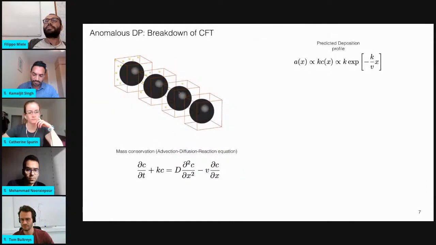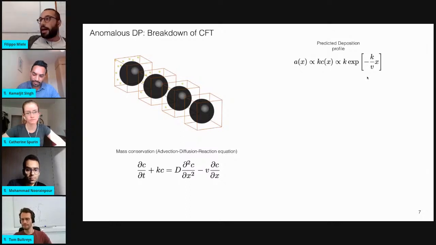Now, within this classical framework, it's possible to describe filtration by the classical advection-diffusion-reaction equation, where you can see the terms of diffusion, the drift term, and the filtration rate. And it's quite easy to derive that in case we can neglect dispersion and diffusion, which is the case for high Péclet number, the deposition profile is supposed to decay as an exponential